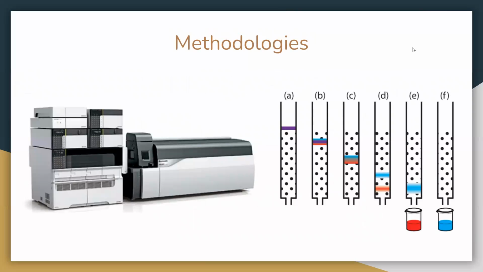All right, so now on to my methodologies. For each of the reactions present in the reaction scheme, they followed the general process of first, of course, the reaction, monitoring the reaction using TLC to determine that the product had been formed. Afterwards, isolation using column extraction, and then isolation using column chromatography, and finally characterization using mass spectroscopy. And mass spectroscopy is one of the instruments within the LCMS machine.